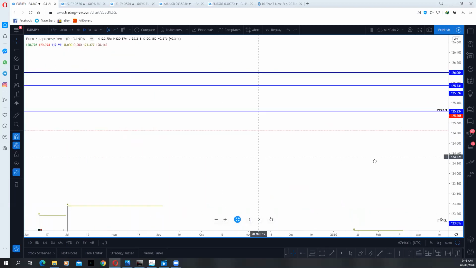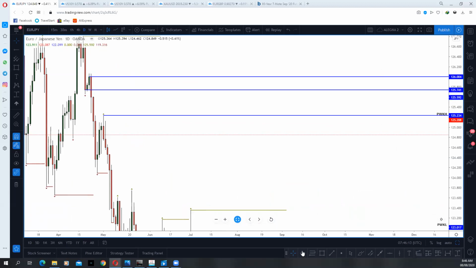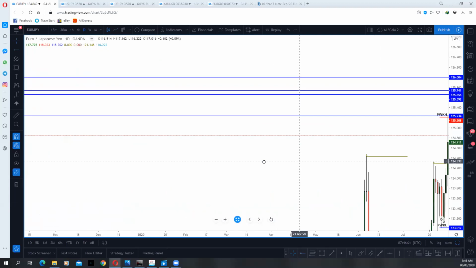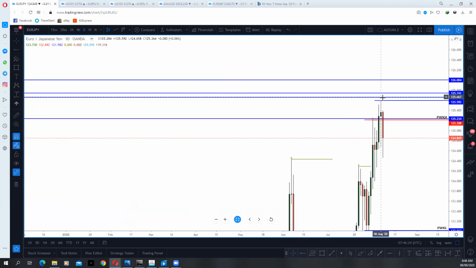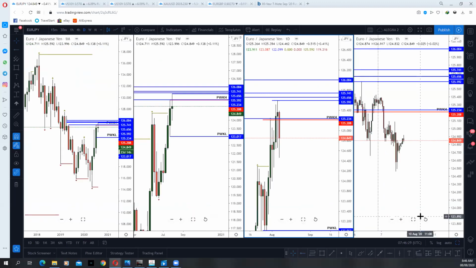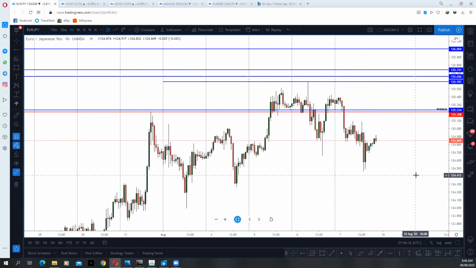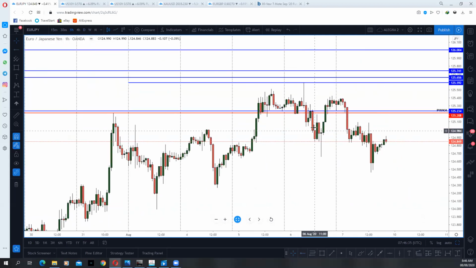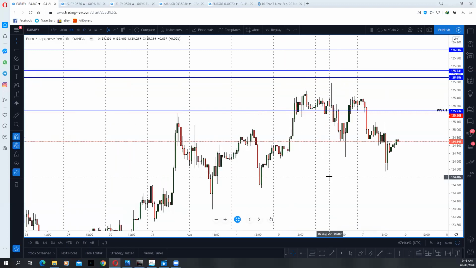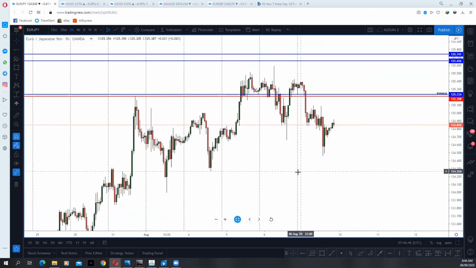I would have had this swing here marked, because there's a swing there. So I would have had 3 levels at this point. It came very close, didn't basically touch any of them, came very close and then dropped. So now you go down to your 1 hour time frame. This was where, I think, my student was asking me about that. And I was like, the news might still come out, because this was the previous week's. Yes, it was here.